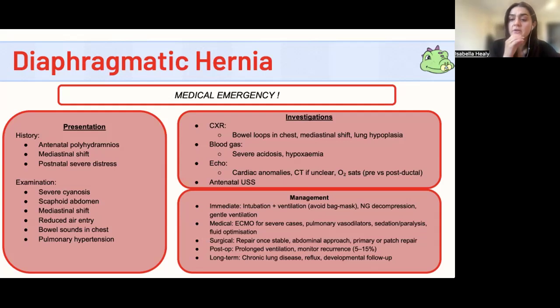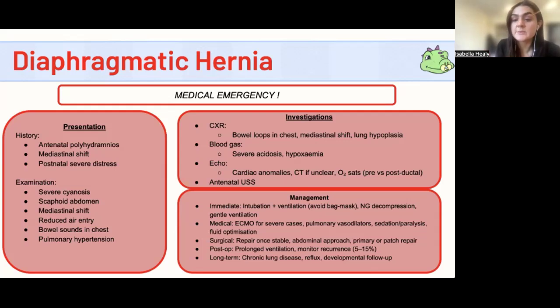The pathophysiology, though, doesn't just involve herniation of the bowel contents into the chest, but it also involves pulmonary hypoplasia, because the affected lung is underdeveloped. And so you can, as a corollary to that, develop pulmonary hypertension, which you can imagine has a whole suite of nasty effects. Chest X-ray is usually diagnostic,